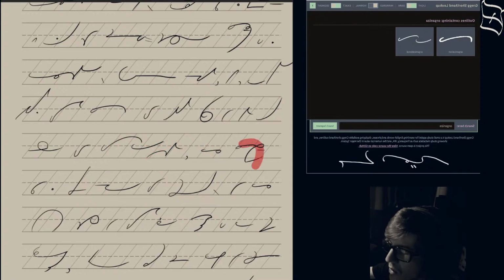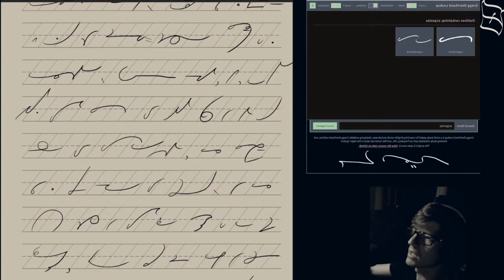Only equipped with general knowledge of the frame of the field. Interesting.